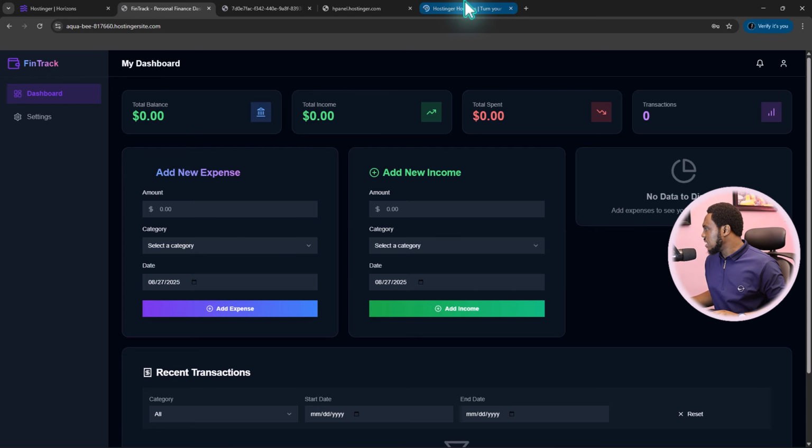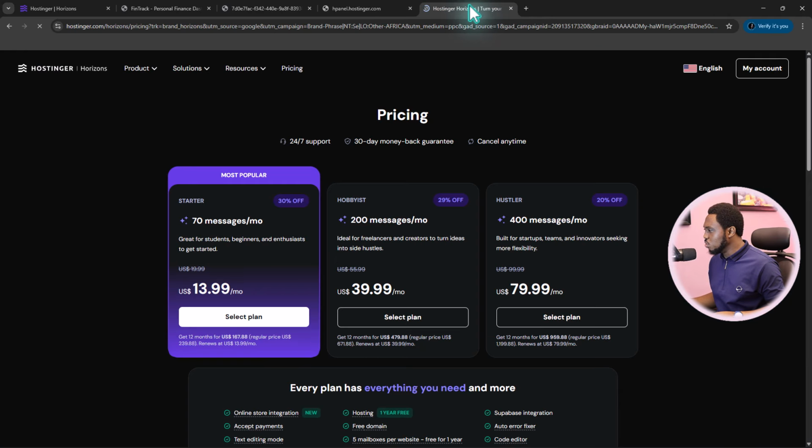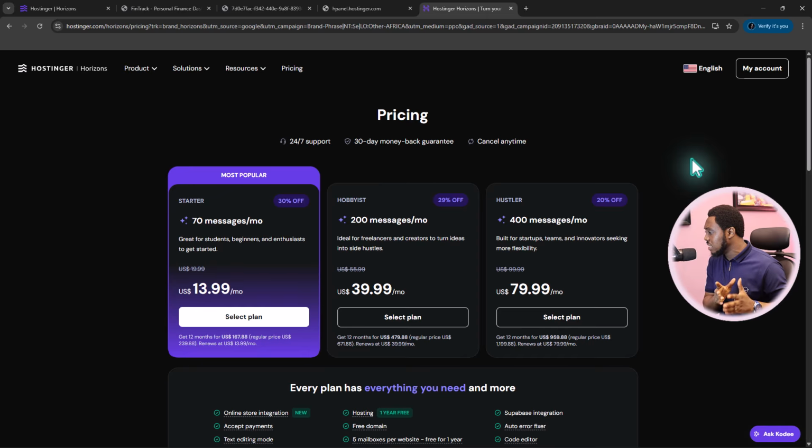So let's check out the pricing. Let's see exactly what it costs to use this tool. Sincerely, this is my first time coming here. Sincerely, I'm not kidding you. For starters, which is getting 70 messages per month, that's like $13 per month. That's good. If I'm able to use 5 messages and I've been able to build an app like this, then I should be able to build a working app with 70 messages. If this is exactly how this works. And for me, spending $14 to build myself a working app is a fantastic